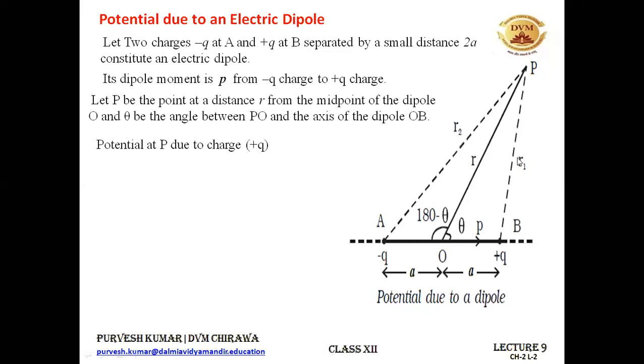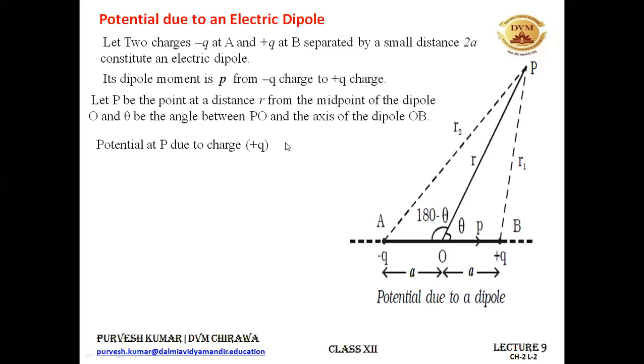And we have taken that the distance between point B and point P is R1, and the distance between point A and point P is R2. That we have assumed by ourselves. It is not given in the question. This R1 and R2 is never given. All right. So in the derivation, we are given only the dipole along with this r only. We have assumed this R1 and R2 by ourselves. We don't know where this point P actually is. We only know, from these charges obviously, the distance of this point P from the midpoint, that is r.